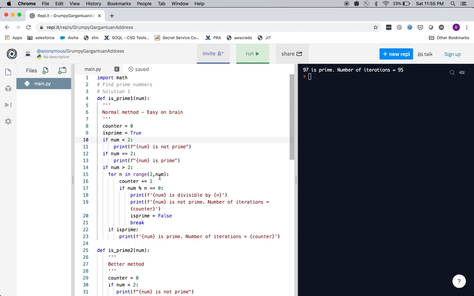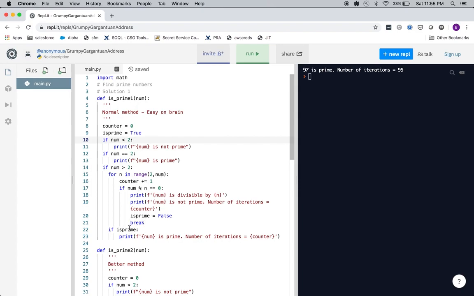So 2 through 16, and we take each number and do 17 by 2 in the first iteration, and that's not divisible, and 17 by 3, 17 by 4, 17 by 5, and so on, and then we run out of the numbers in this list, then we exit the for